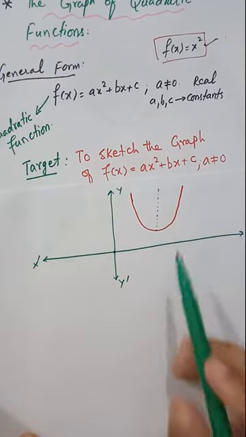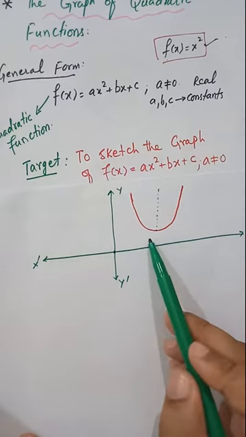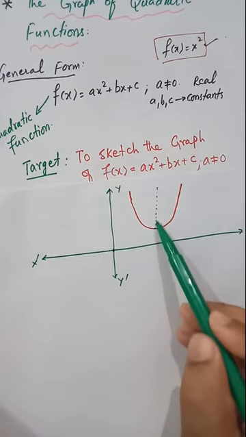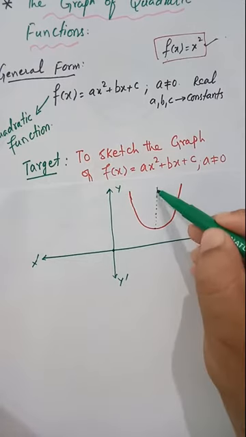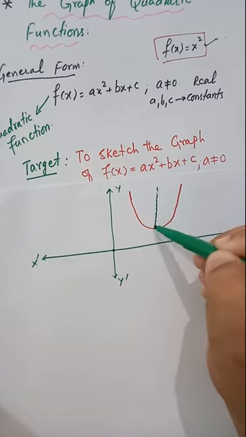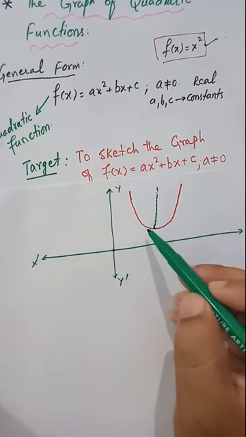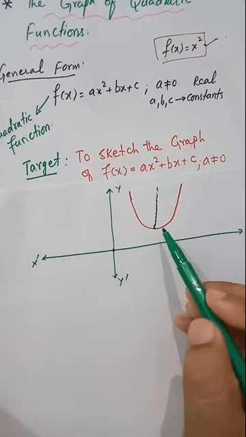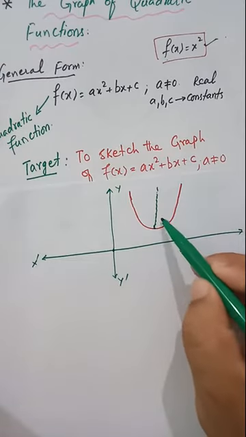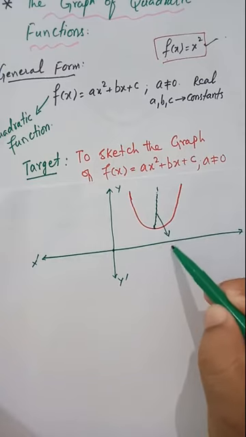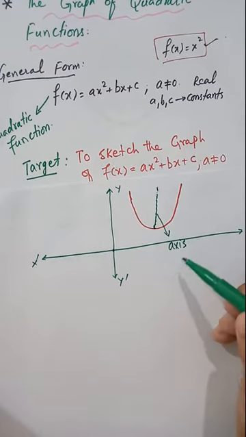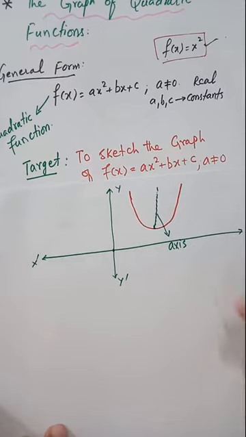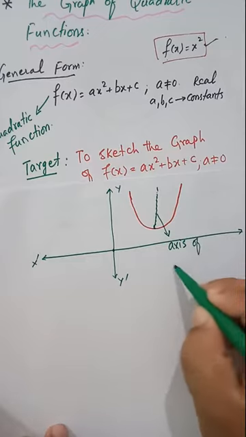splits the given parabola into two symmetric parts. On either side of this dotted line, the parabola has the same structure, the graphs are the same. So this dotted line is called the axis of symmetry, or briefly the axis. So this is the axis of symmetry,